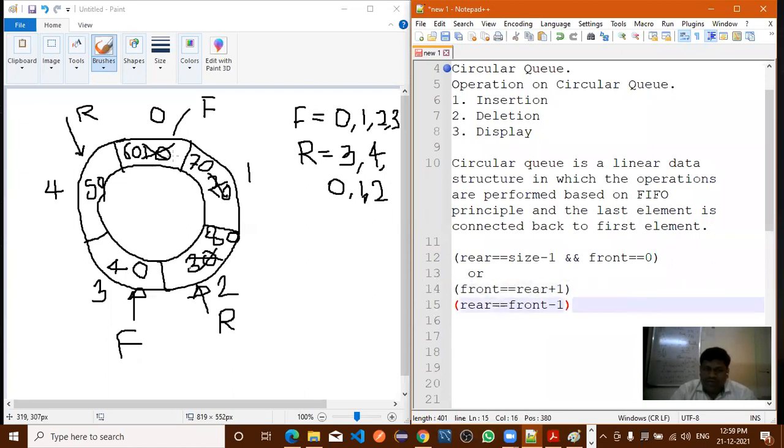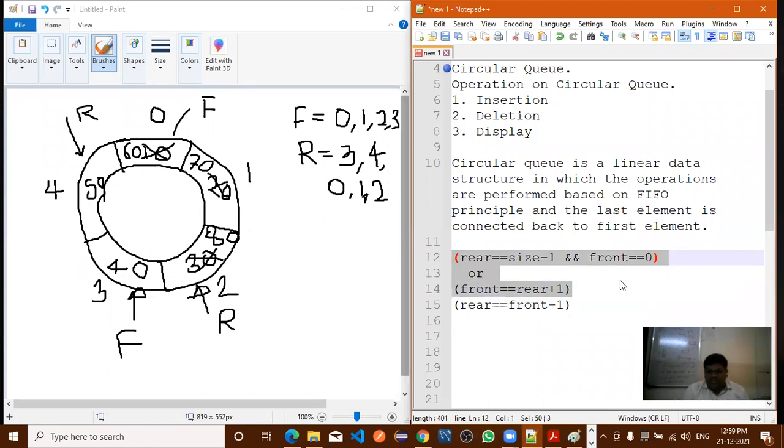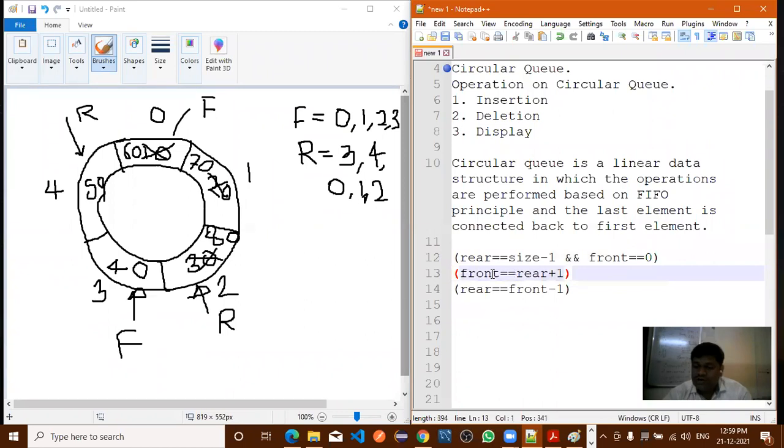Now in a circular queue, if you want to check whether the circular queue is full or not, how many conditions do you need to check? Three conditions. So rear equal to size minus 1, logical and, front equal to 0, or. How do we write or in our programming language?